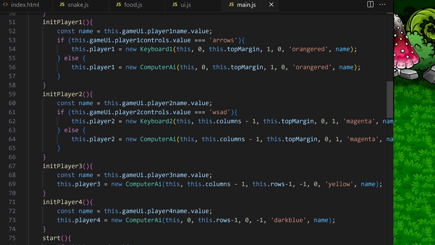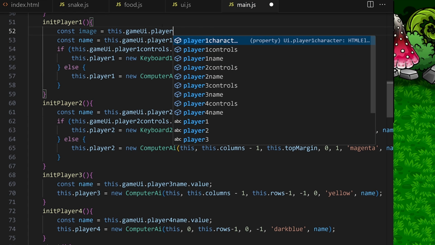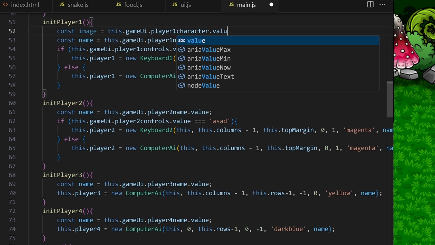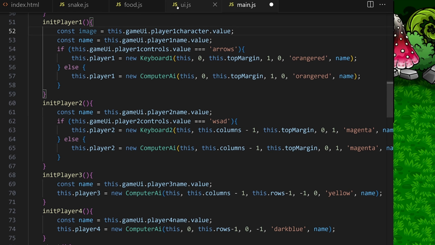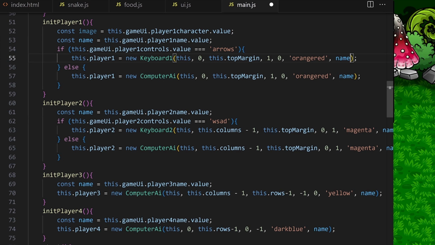On the main game class here, we initialize player1, so this code runs when we press the start button. I create a helper variable called image. It will take this.gameUI.player1character.value from here, so value that was selected in the dropdown,